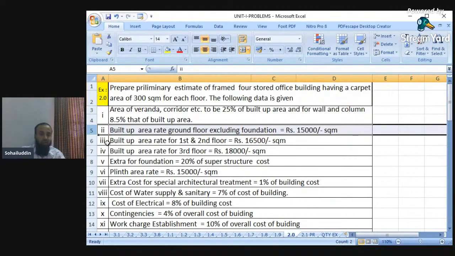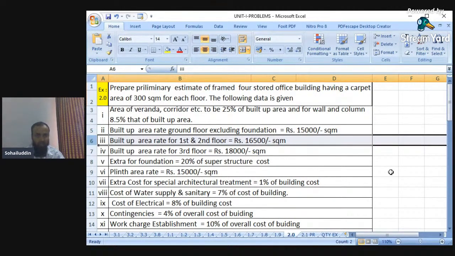Serial number 3 is again the built up area rate of the first and second floor. Now the ground floor rate is given as 15,000, but what is the rate of the first and second floor? It is somewhat more, that is 16,500. In Mumbai or in big cities, as the floor increases, the per square meter rate also increases, because due to the